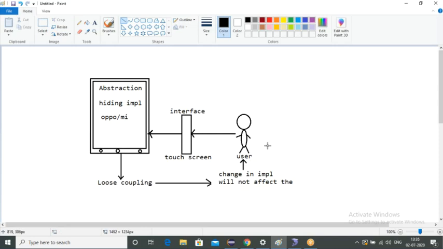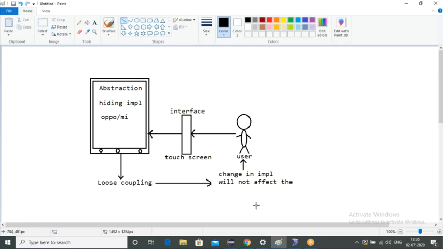Okay, now guys, from the beginning I'll tell what abstraction is. Abstraction means hiding the implementation and providing the functionality to a user with the help of an interface. And the outcome of your abstraction is loose coupling.